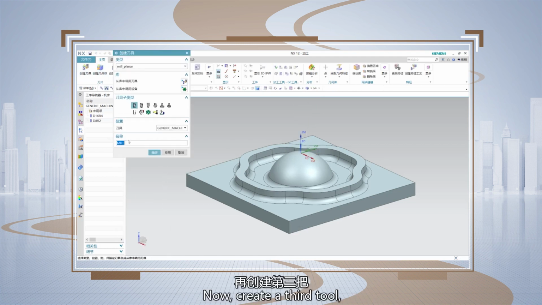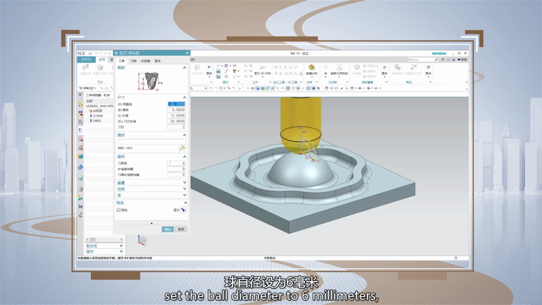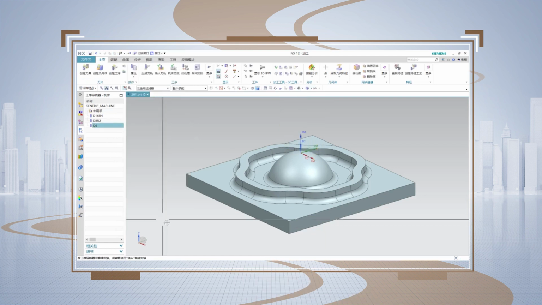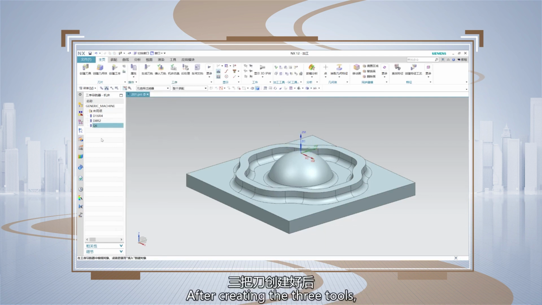Now create a third tool, a ball end mill with a diameter of 6mm named Q6. Click OK. Set the ball diameters to 6mm and click OK. After creating the three tools,